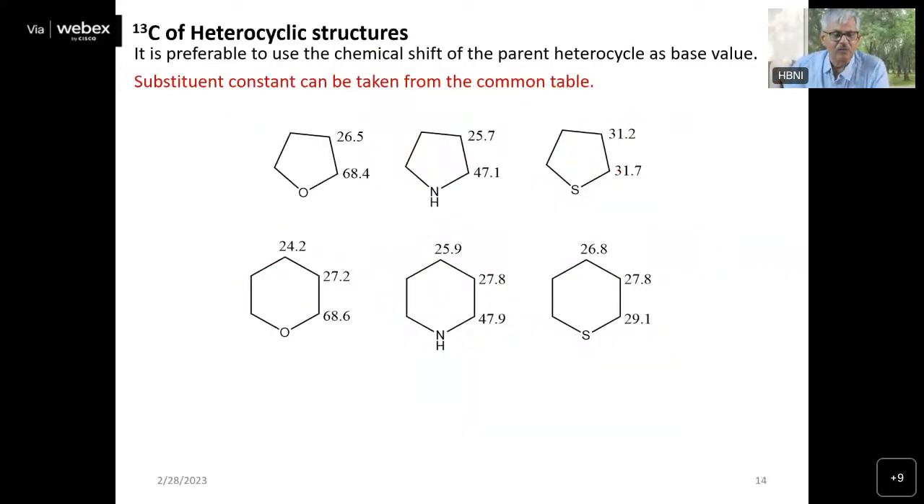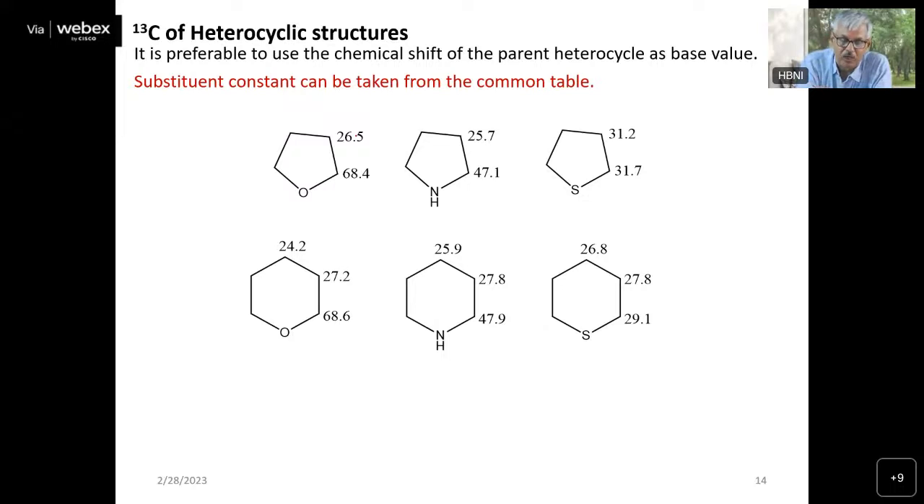Okay, so now let us see some heterocyclic structure, how you find out the chemical shift. So what we will do for heterocyclic structure, we will take the base value of the corresponding unsubstituted heterocycle. Okay, and then you can use the, so these are the values. You can see the furan, this is a nitrogen 5-member nitrogen heterocyclic, this is a sulfur thiophene, tetrahydrothiophene. Okay, so these are the 5-member, these are the 6-member, and you can have